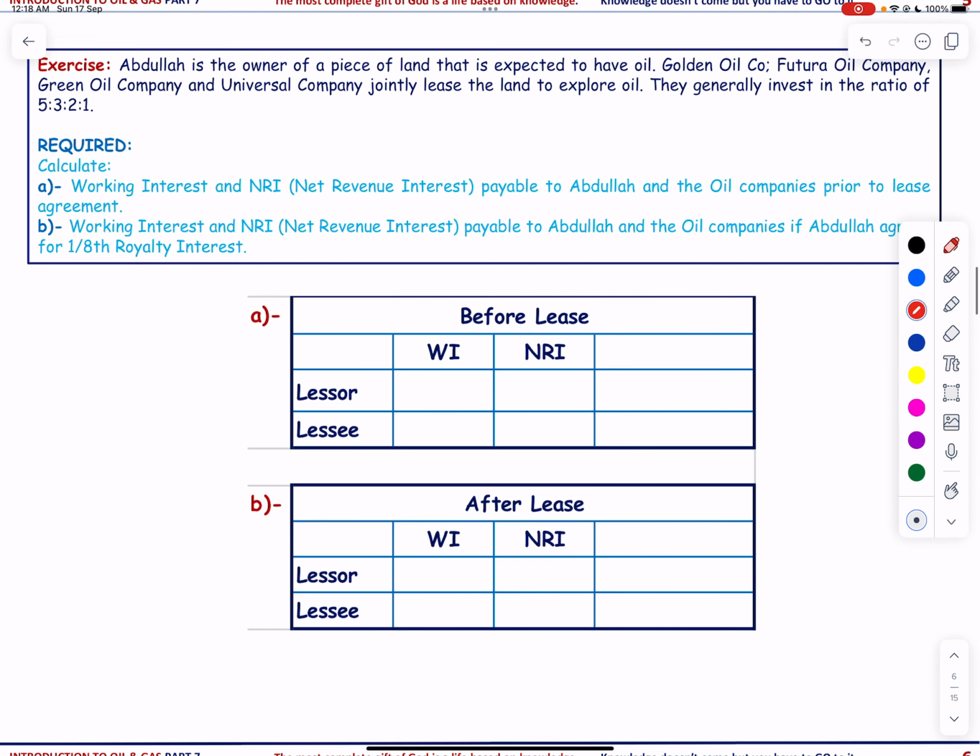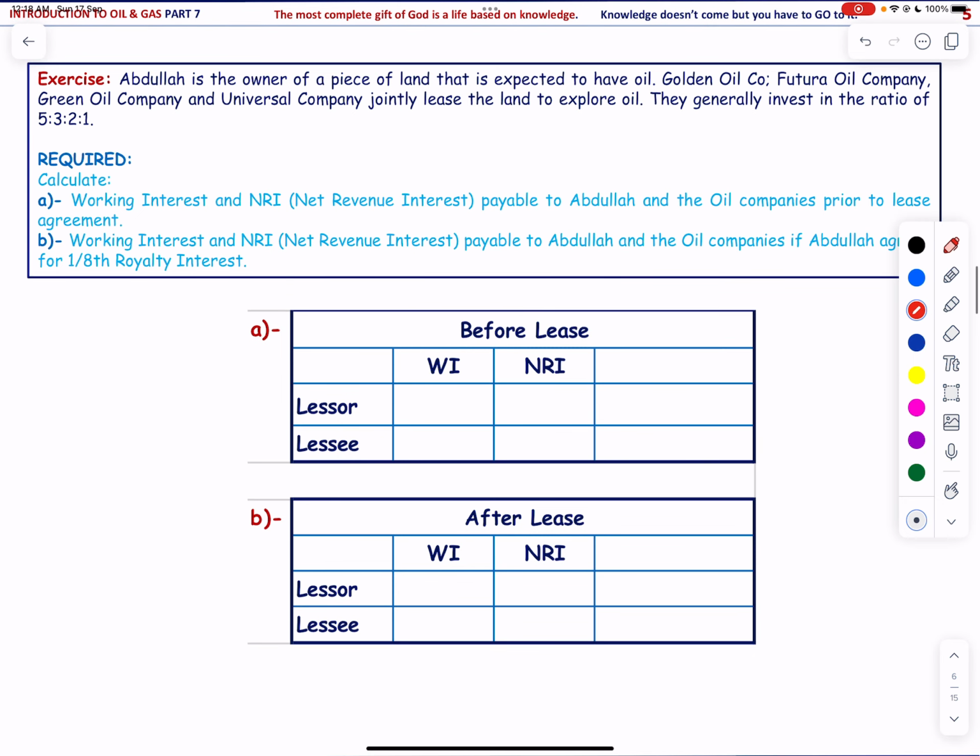Abdullah is the owner of a piece of land that is expected to have oil. Golden Oil Company, Futura, Green and Universal Company jointly lease the land to explore oil. They generally invest in the ratio of 5:3:2:1, and we have to calculate working interest and net revenue interest payable to Abdullah and the oil companies prior